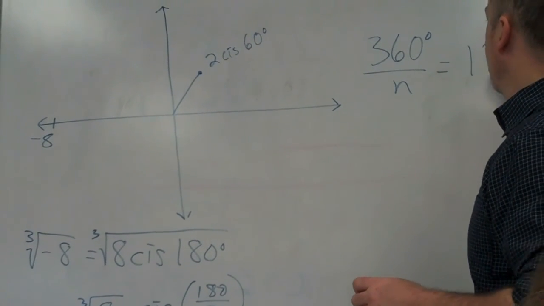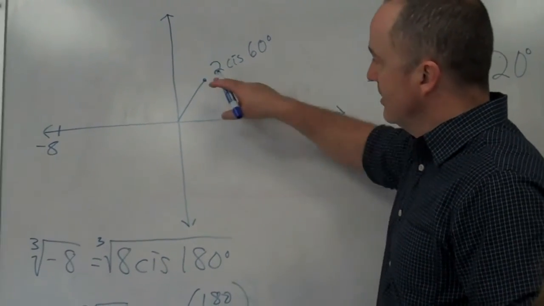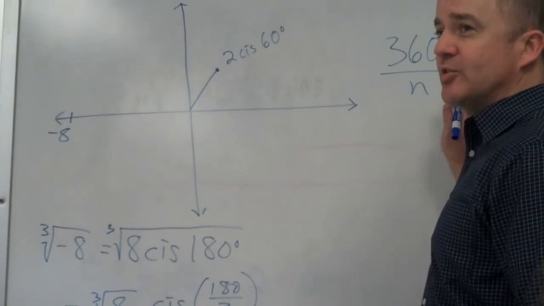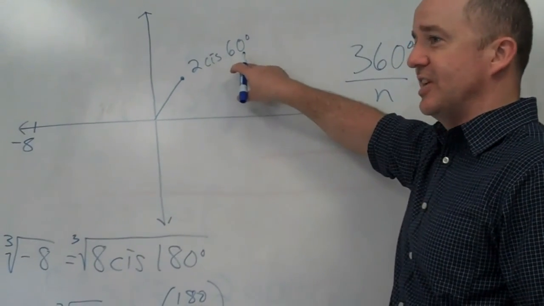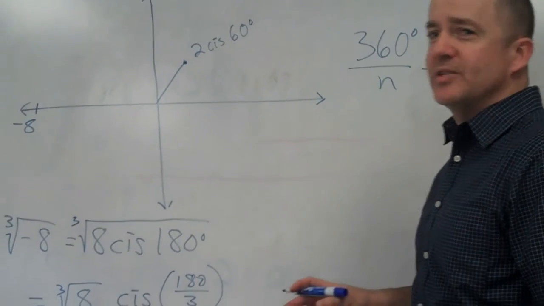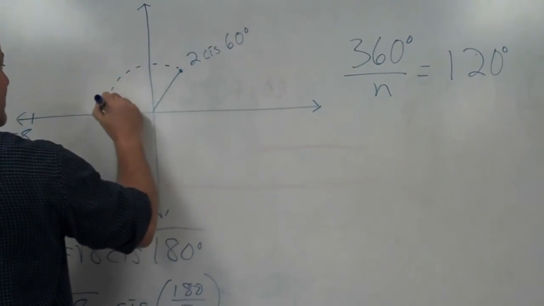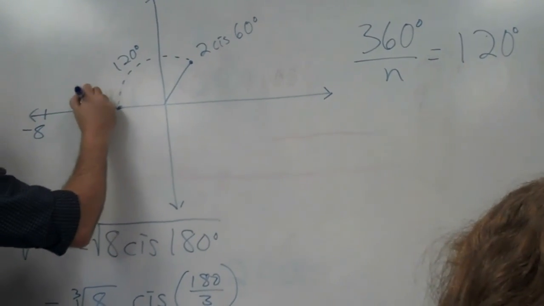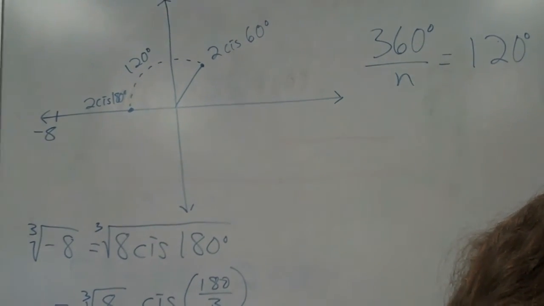120. Okay, so take a moment, pause to reflect. All the answers are evenly spaced around a circle. There's 3 of them, so they have to be 120 degrees apart. The first one, according to this formula, is at 2 cis 60. Where's the next one? What's 120 degrees away from 60? So I go 120 degrees this way, and that takes me right here to 2 cis 180. Is that an answer we anticipated? Yes. Yeah, the cube root of